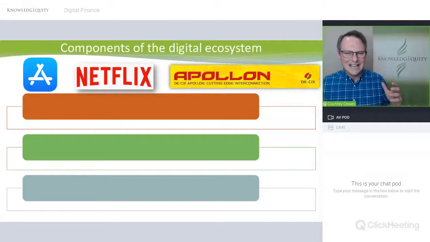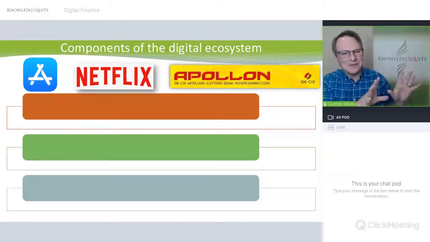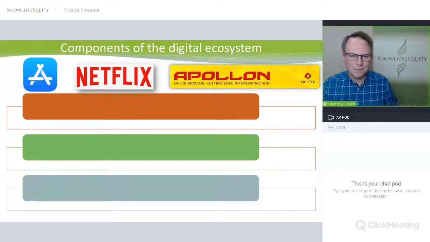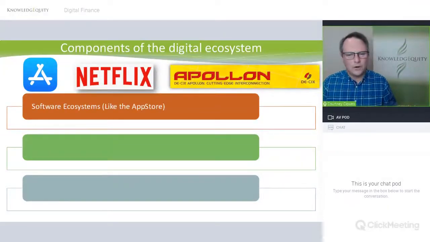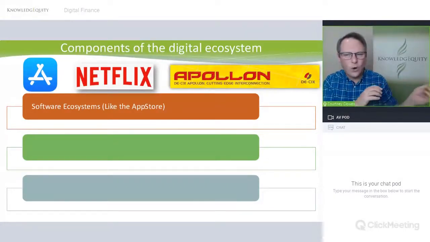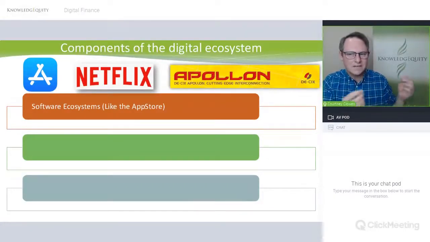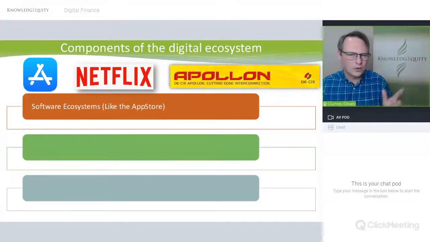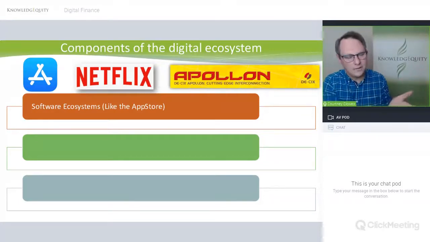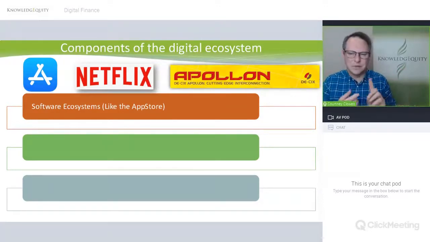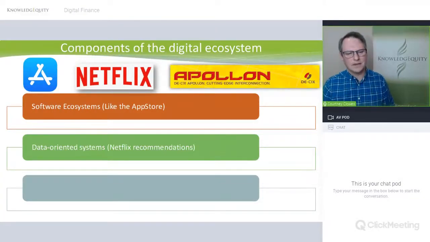Now, it's very hard to conceptualize that sort of big picture theory. So let's look at some practical examples. First of all, if you've got an Apple device and you've been to the App Store, that's a software ecosystem. All of these different developers invent programs, and then they all go to the App Store, so they're easy to find. You don't have to go and search all 20 different websites to try and find a provider. They're all there, ranked and scored, and all the developers all get to develop on one platform. Now, it doesn't have to be Apple, it can be Android, however it might be. So that is a software ecosystem.